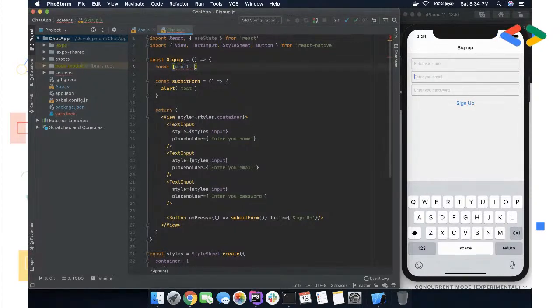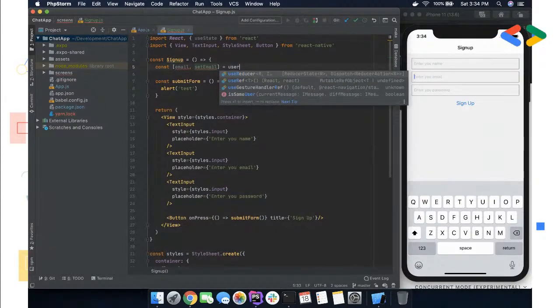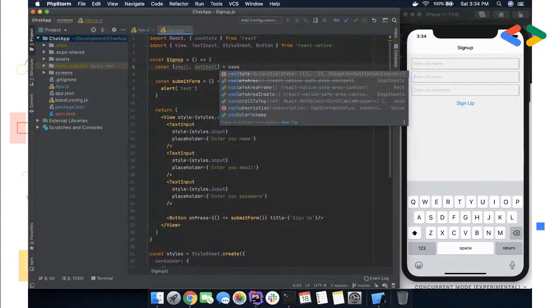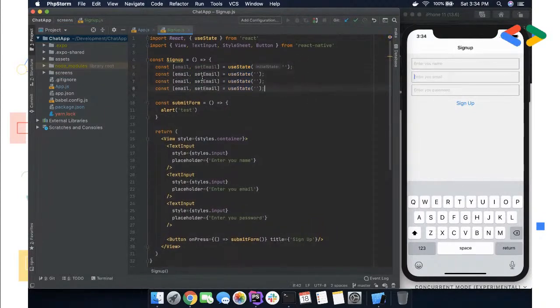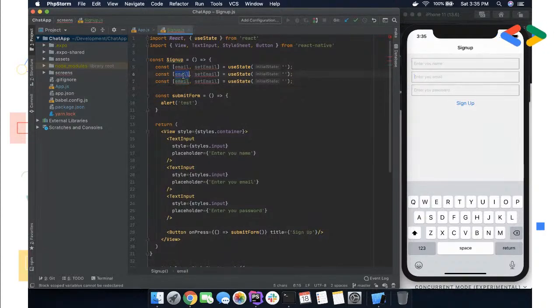For example, if you have something like setEmail like this, you initialize it as plain text, since you have email, password, and one more thing is name. So you have something like setPassword, then setName. You can work it like this,